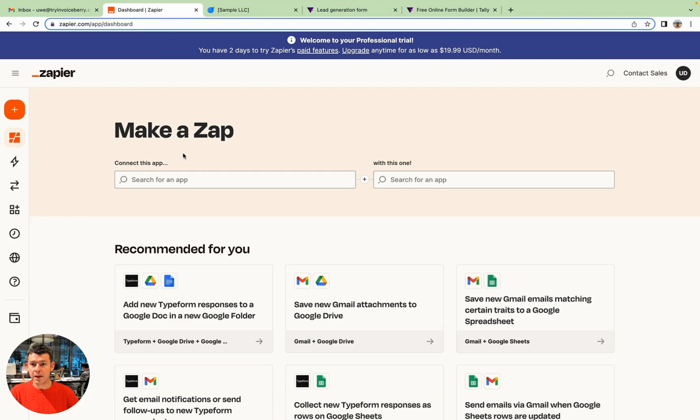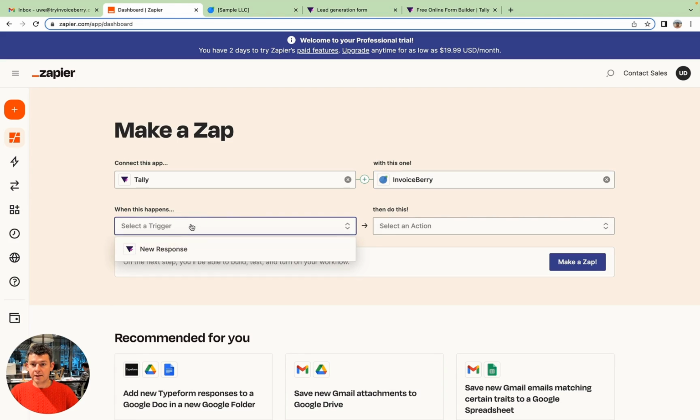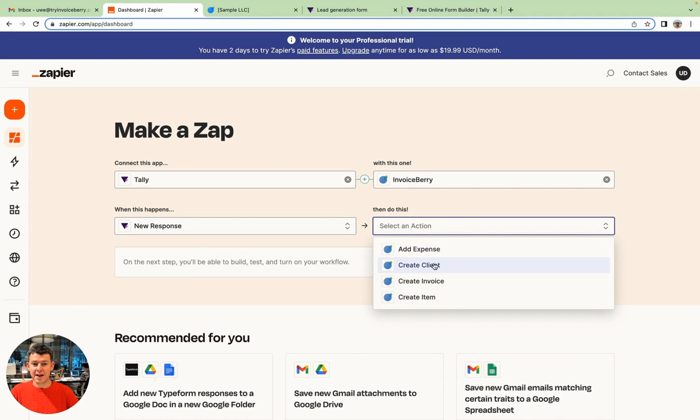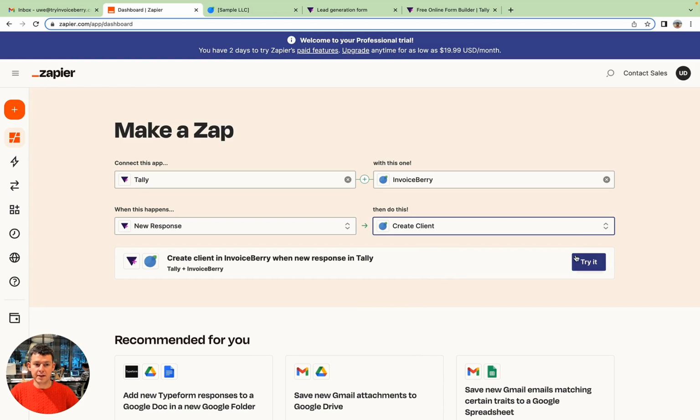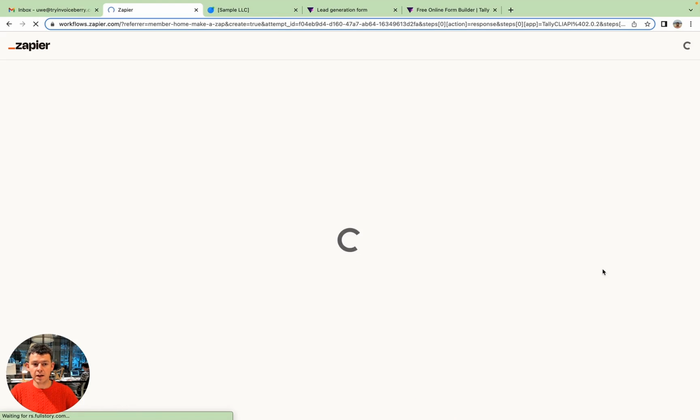So let's go to Zapier and connect Tally with InvoiceBerry. And the trigger is a very simple new response that gets sent to Tally, and then we want to create a client. We could also create an invoice, but let's create a client for now. Click on try it